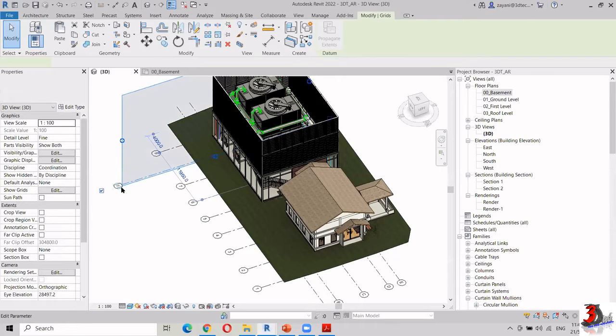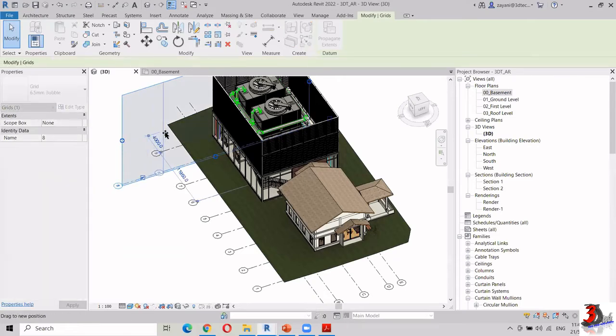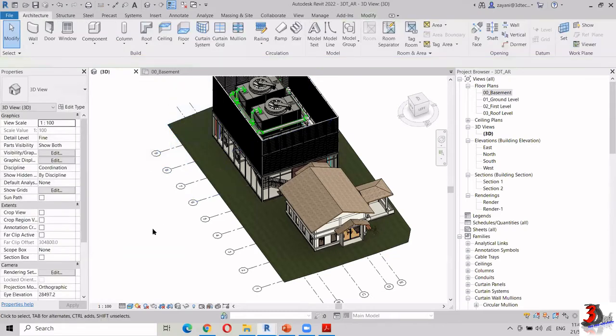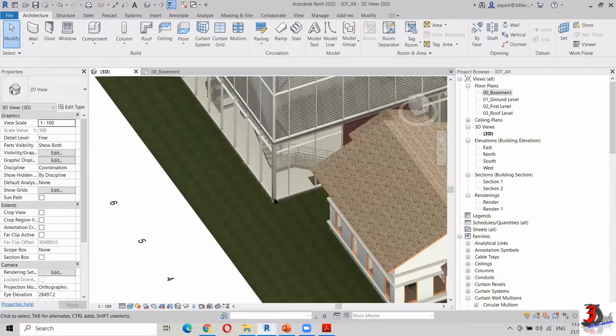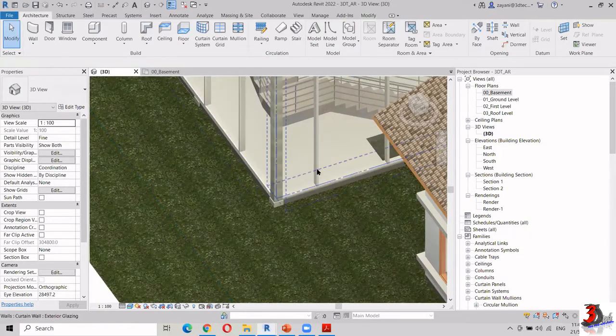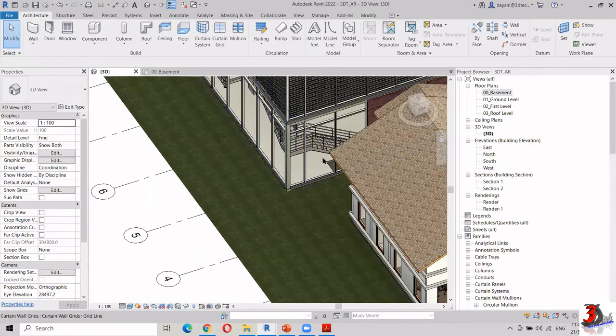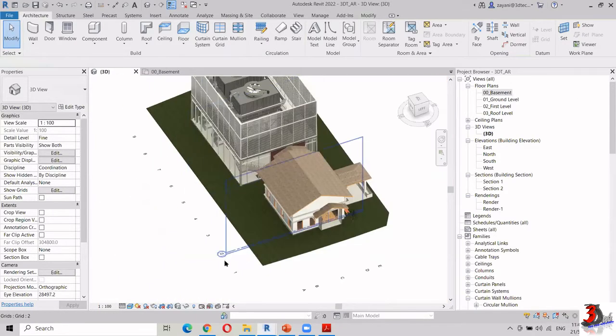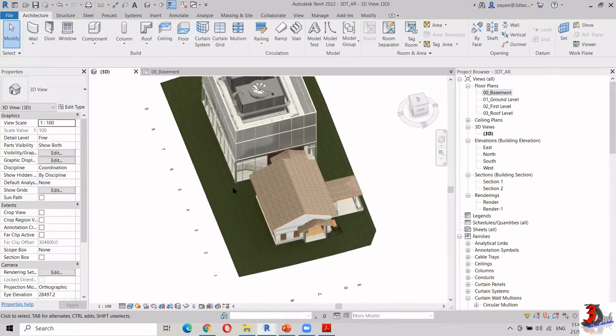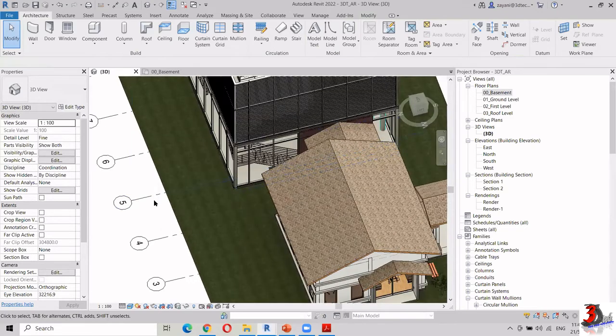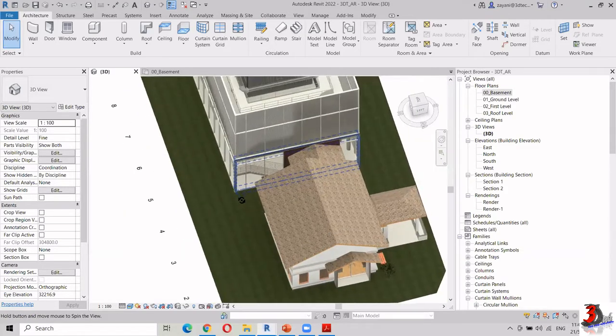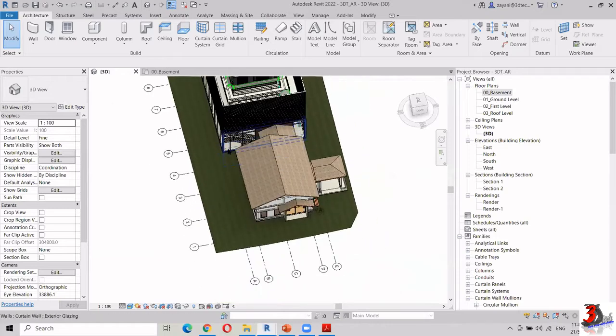This is quite good. I don't recommend you turn it on at all times, maybe just whenever you need it. Before this, if you saw something coming from here and wanted to know which grid it is, you would go to the floor plan and view it from there. But with this addition, the grid in the 3D view, you can just view it directly from the 3D view to know the position of that particular thing that you are covering.